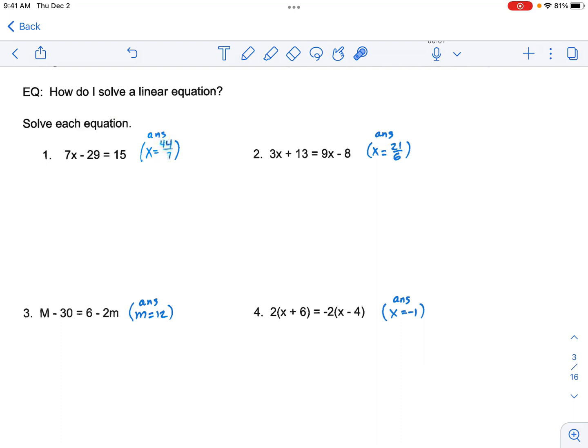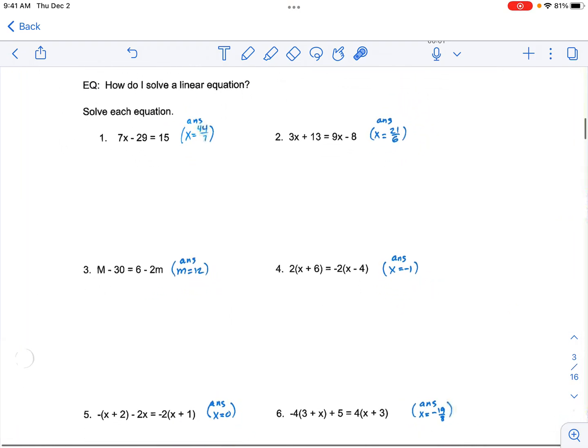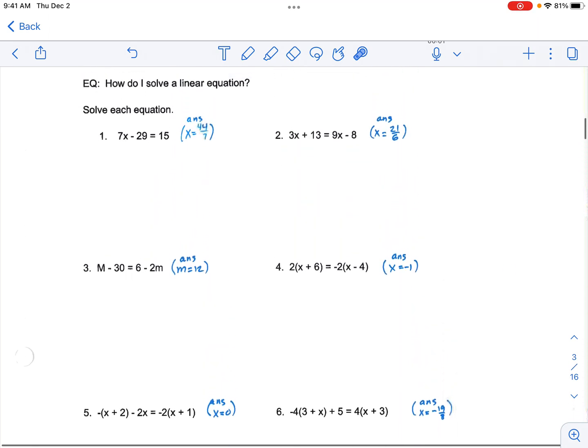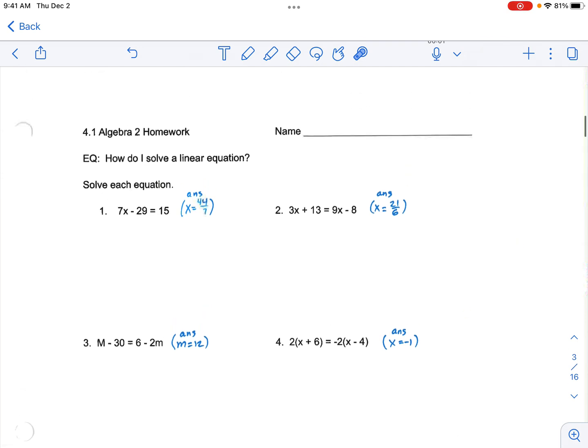So if you get the right answer, go ahead and move on. Have the confidence that you know you've done that correctly. If you're not getting the right answer, review your work and see if you can find your mistake, or come and ask the teacher just to help you find your mistake. And then we'll provide an answer key eventually so that you can really dig into the solutions if you're still